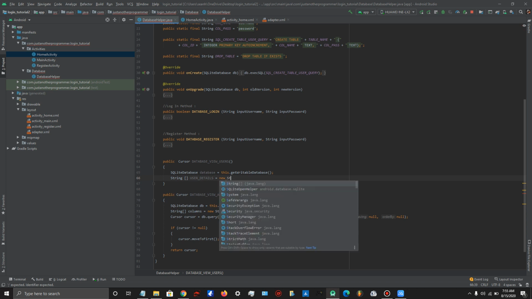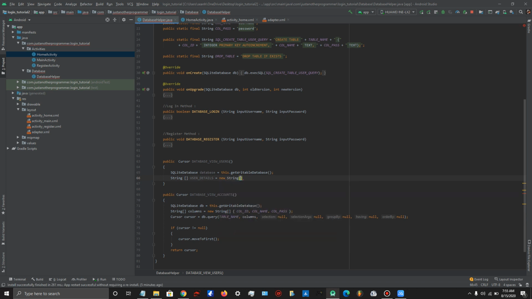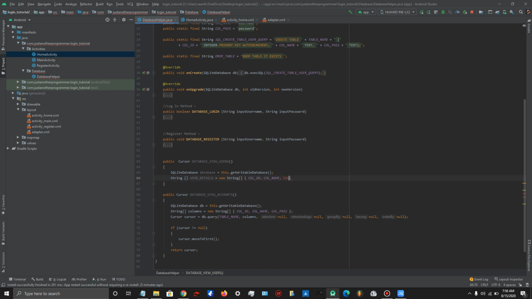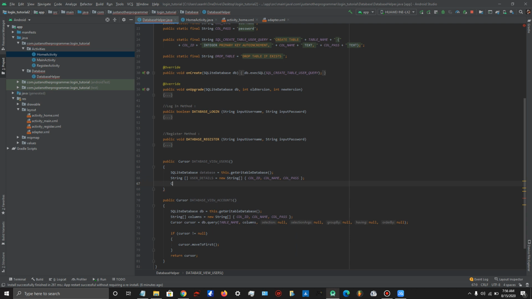We can do the string again, and here we can say our column ID. If you were following the last tutorial, go column ID, column name, and then column pass, like that, and then close. After that we get our cursor, say cursor,